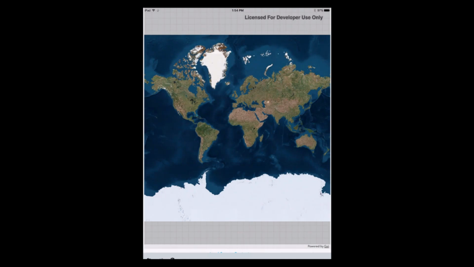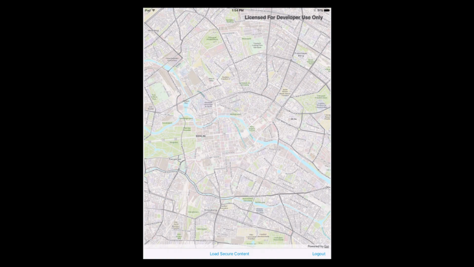And I log in, the map loads, that's fine. What also happens in the background here is the credentials that I supplied are synced to my device's keychain, and the user is going to stay logged in.